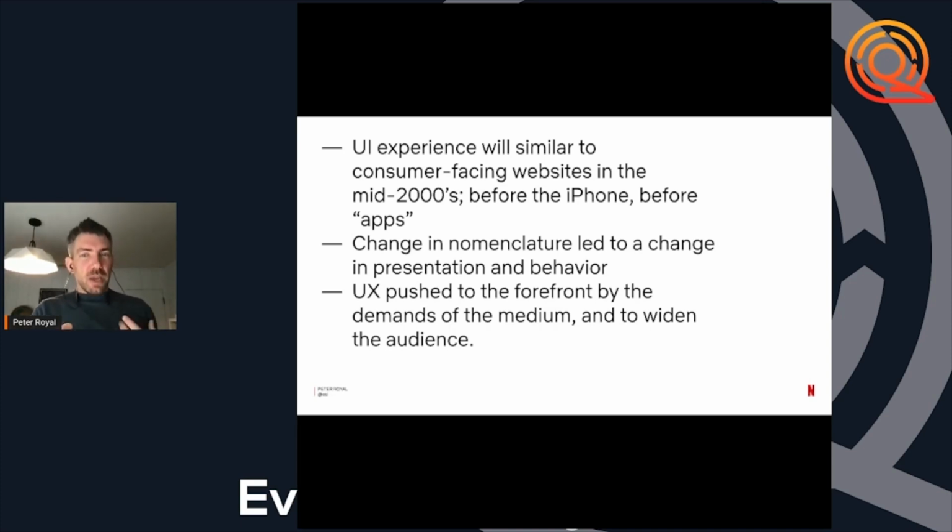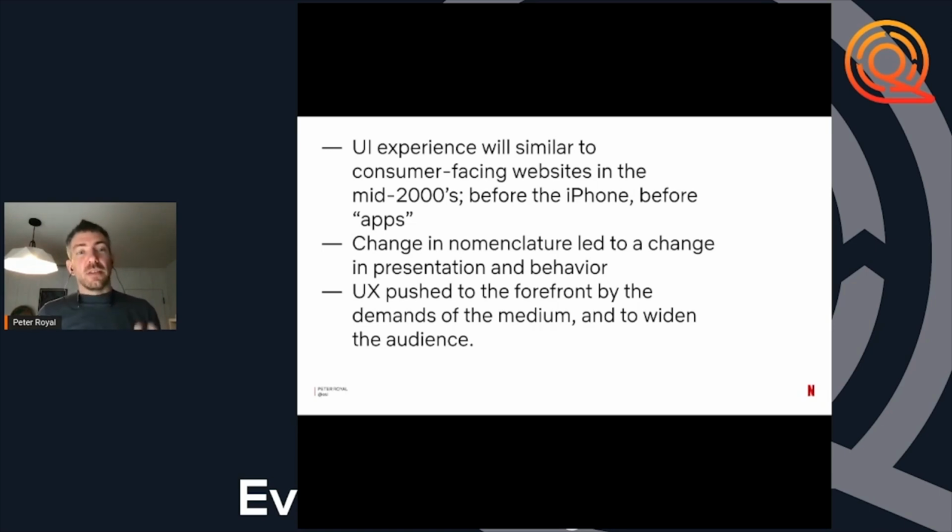And this change in nomenclature also led to a change in the approach, where now there's a lot more UX design being done on a much larger scale, because for applications that are being pushed out to the world, having good UX is now a competitive advantage. And there's been a lot of changes from the web side, both on the web and apps, that have changed the way interfaces operate that haven't necessarily percolated down to non-consumer based applications.